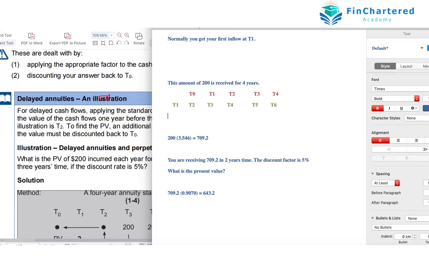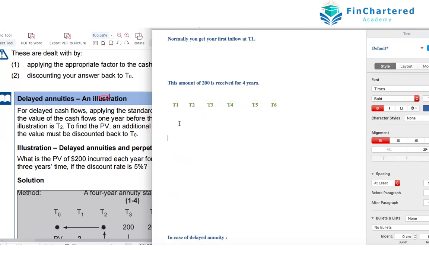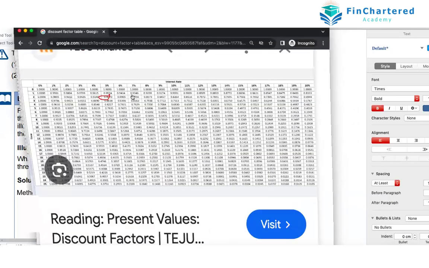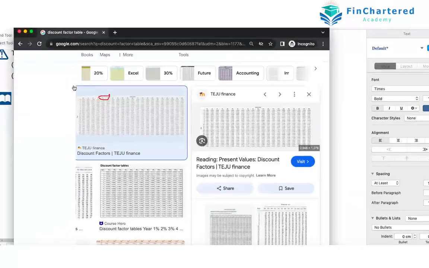Right? So I'm going to remove all this. Technically, there are 6 years. So what you can do is calculate the annuity factor for 6 years. Okay, so how much is the amount you're receiving? Your amount you're receiving is 200 into the annuity factor for 6 years. What is the annuity factor for 6 years at 5%? The annuity factor for 6 years at 5% will be